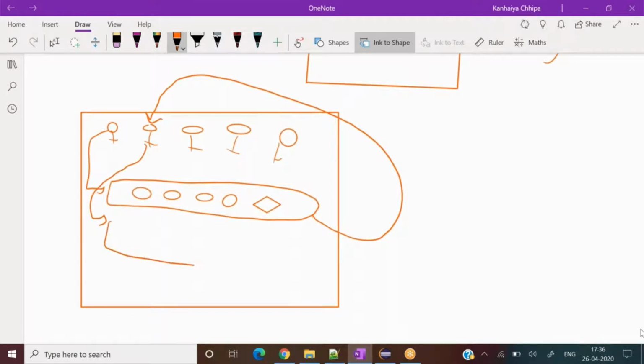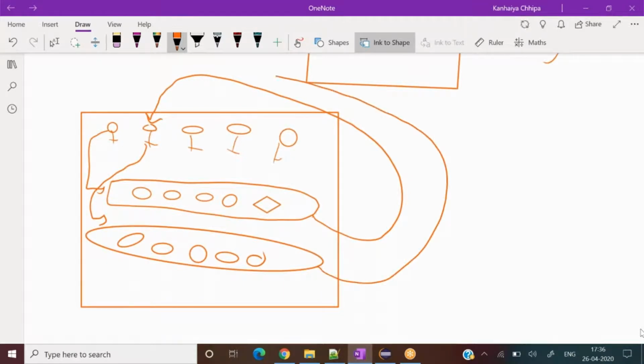The inner loop will again get executed, and all 5 will be executing here. Once it becomes false, it will go here and increment by 1. Then again it will redirect, because all 5 are not done, so the next inner loop would get executed. So 1 2 3 4 5, and this will continue until this person gets satisfied. So the fifth time the inner loop will get executed. Now there is nothing left, so it will come out of this outer loop as well.